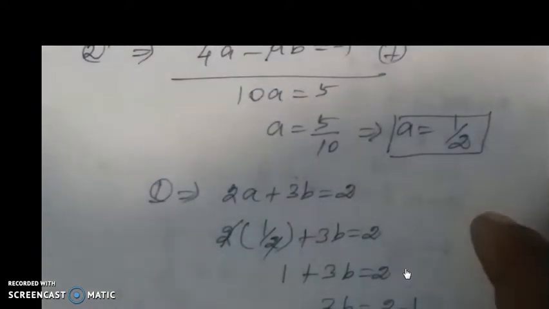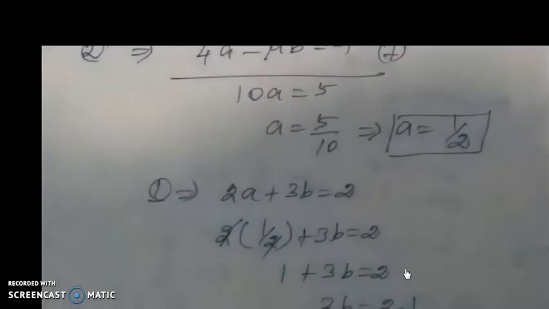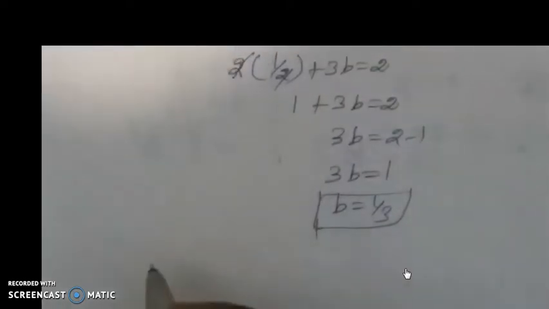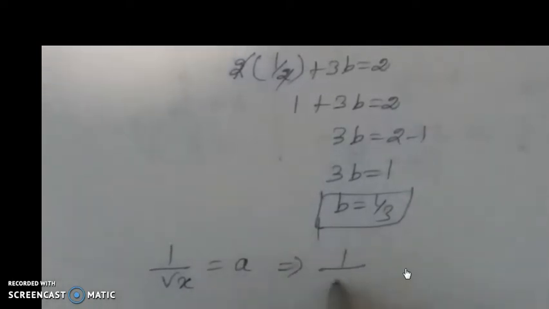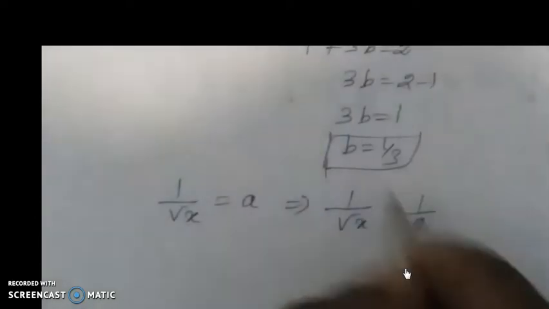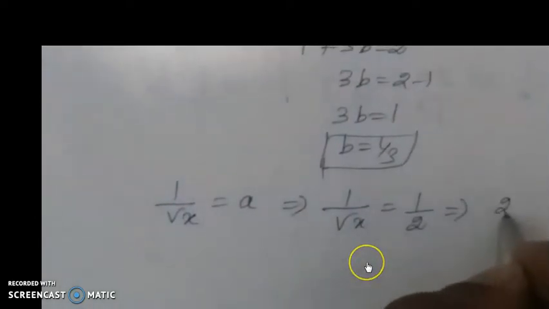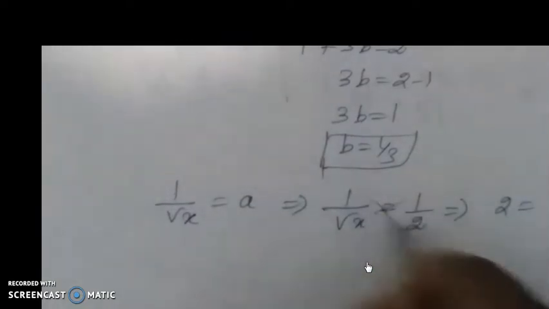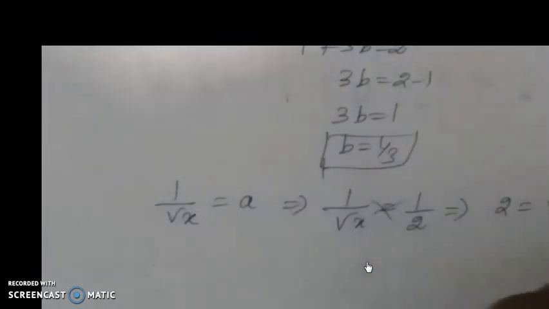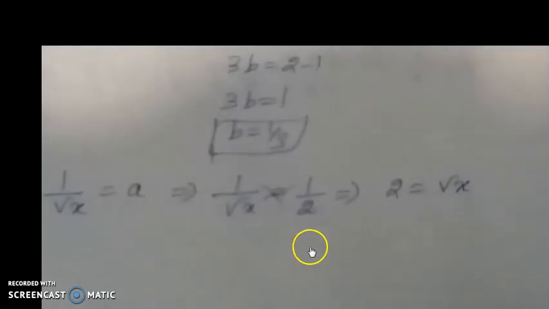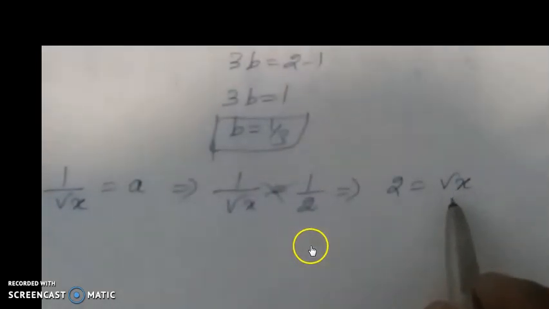But we need the x value and y value only, because the equation contains x and y as the variables. So in the first one, how did we take it? We took 1 by root x as a. So substitute here: 1 by root of x equals, instead of a, 1 by 2. Now make a cross multiplication. So 2 equals root of x. But we need the x value only, and here root of x is there. So we have to eliminate